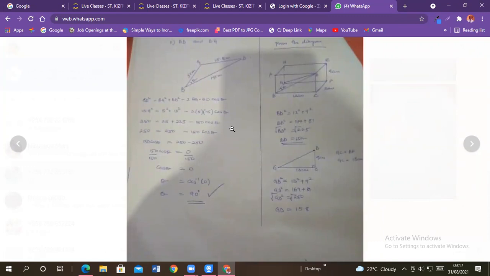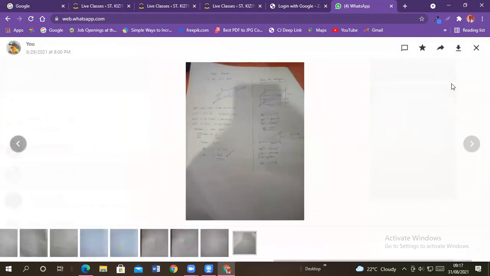Then you use the cosine rule, and our cosine rule gave us 90 degrees. If you need these answers, it's a matter of going to this, and then,